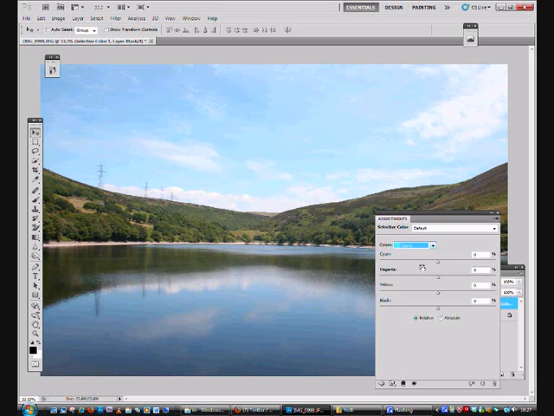You can choose blue or cyan, but for this one I'm going to use cyan. We ignore all the other colours in there. We don't want to touch any of those at all. The only one we're interested in is black. Black is the one that's going to do our thing. We'll make sure we clicked on relative. And we just get the black slider,